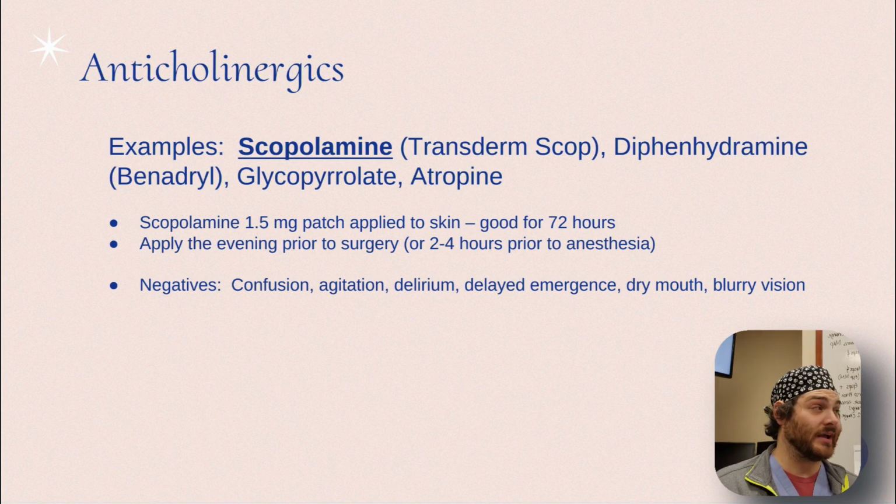This is also, again, kind of a luxury item, right? If someone is having some sort of delayed emergence issue and we're trying to figure out what's wrong with them, take the patch off. We can always put another one on if that wasn't the answer. You know what I mean? It's not very economical or anything, but it's an option. So you do have to just wait for that skin depot to get flushed away, in other words. So no, it's not a great quick fix, but it is something that you can do